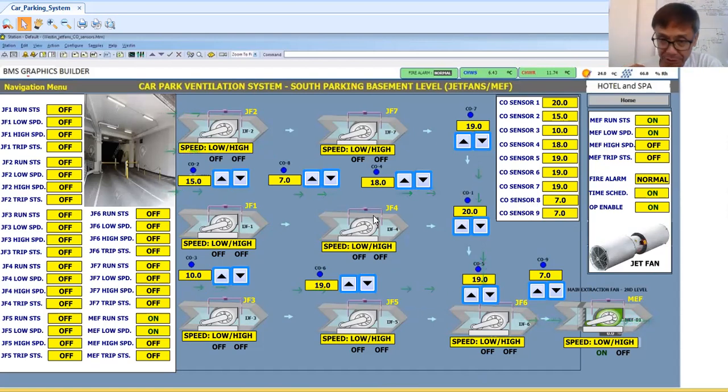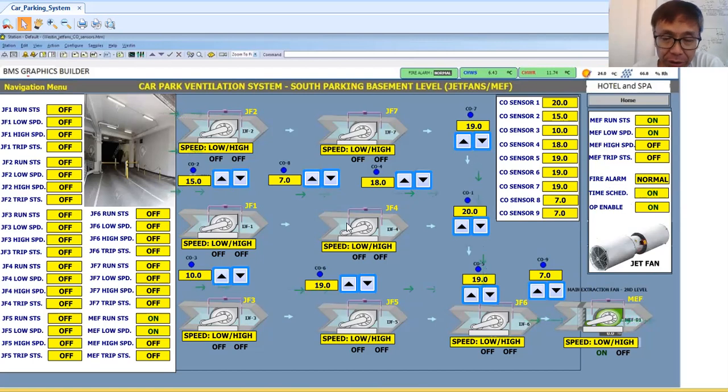Now here, what I want to simulate first is the fire alarm. As you can see here, I have a fire alarm point. This fire alarm will come from the fire alarm control panel. Okay, so let's say I will try to simulate it because I have a control logic program uploaded into my controllers.